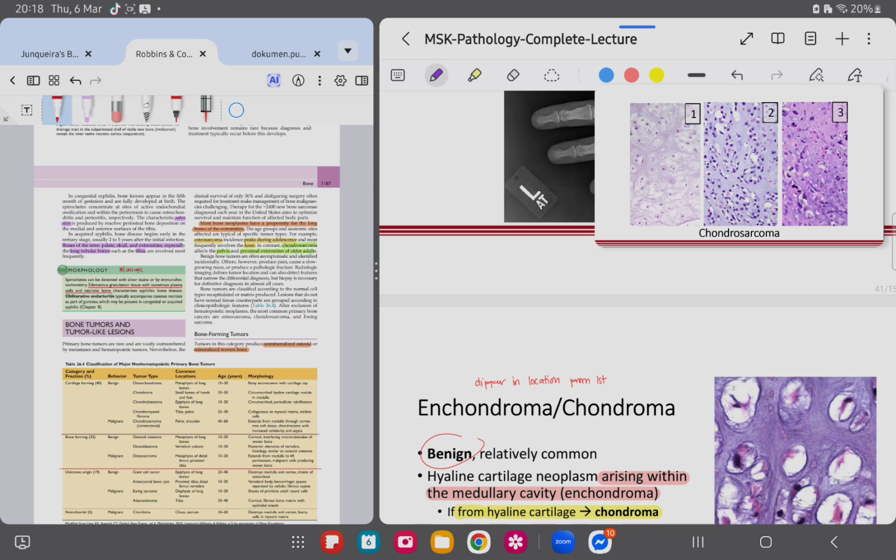And then, as you proceed to chondrosarcoma grade 2 and chondrosarcoma grade 3, you will see that the cells become more atypical, they become more pleomorphic, and like this cell, it's very large, it's very atypical, as well as this cell. So again, the clue that you might be looking at a chondrosarcoma is the bluish gray myxoid background.